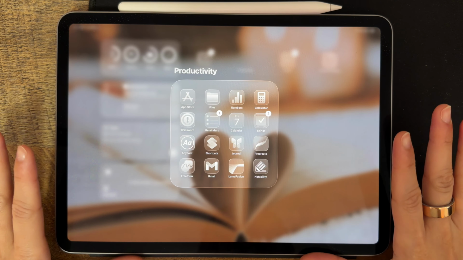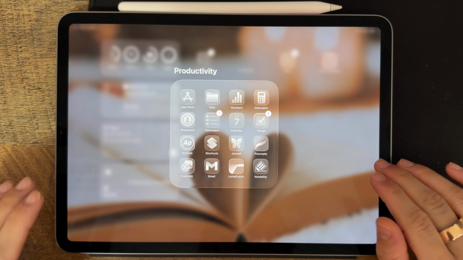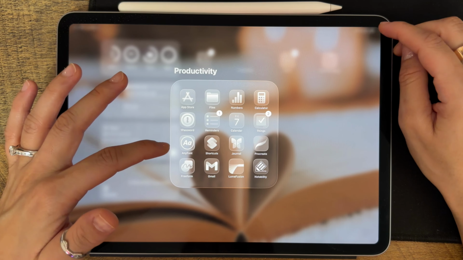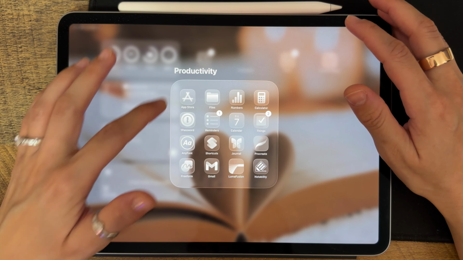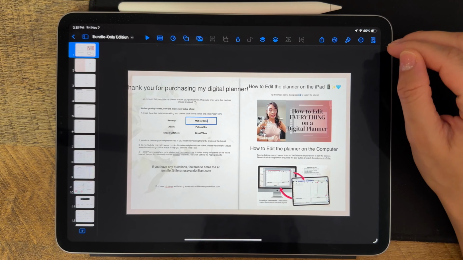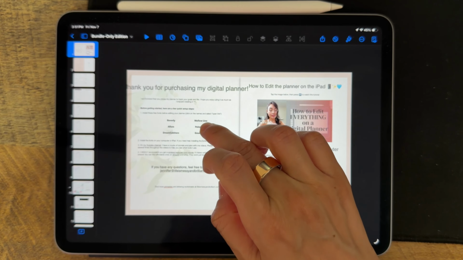Before we start playing with the planner, we need to install the fonts. Now, the first thing you need to do is install an app called Any Font. This is a free app that you can find in the App Store. Once you have installed the app, go back to the planner, and we're going to click on each name of